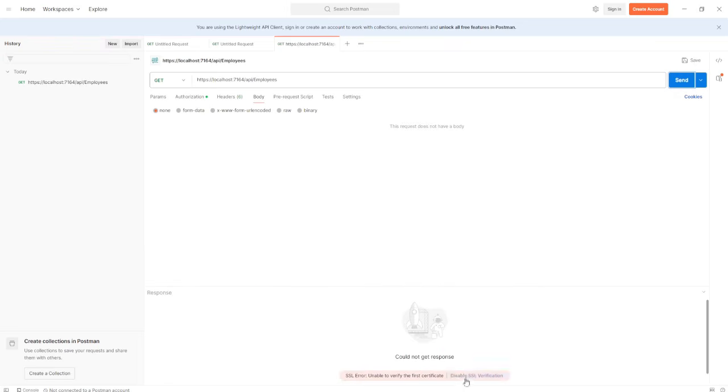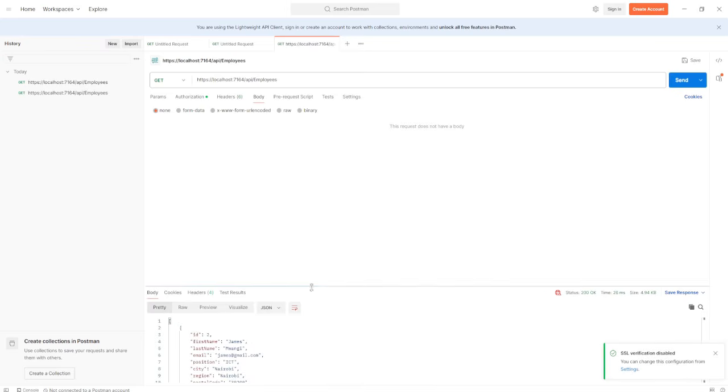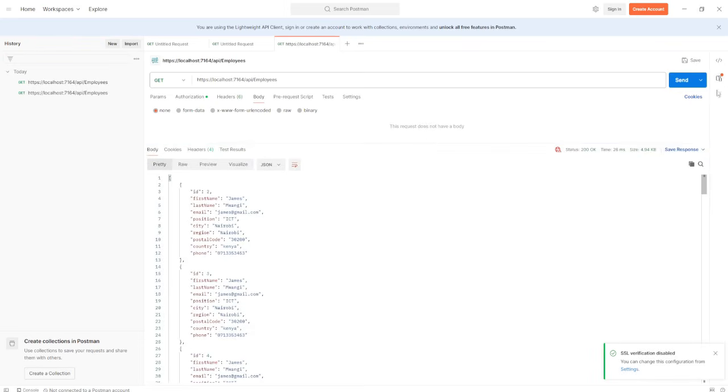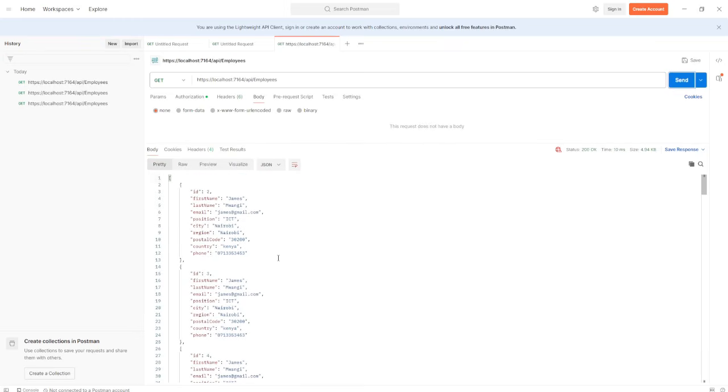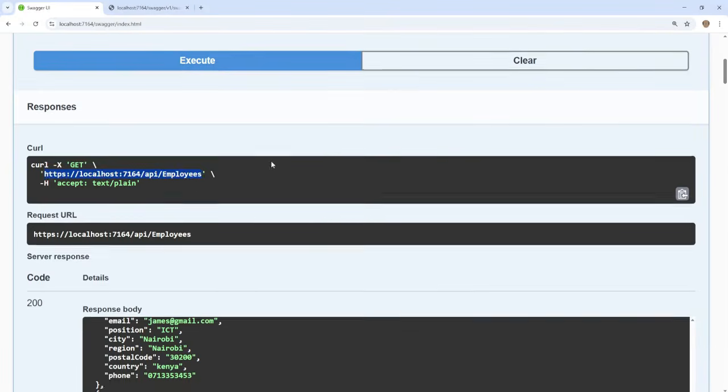So it is telling me, so let me just disable that. So you can see, if I try to execute, it is giving me the results. So this is the results of our API. In case I want to do an update, a post, I'll